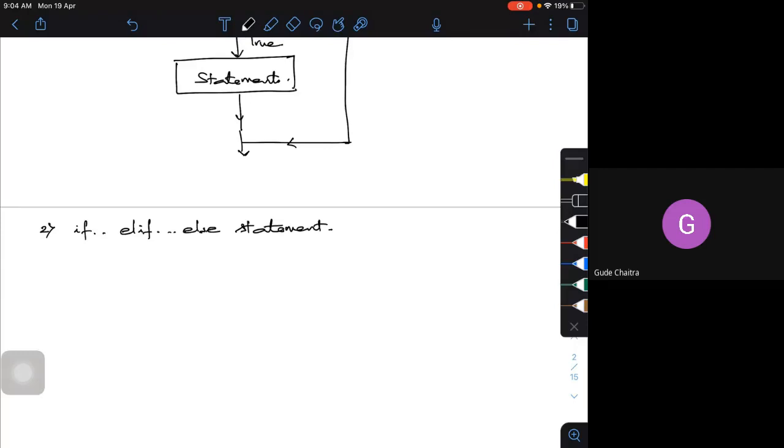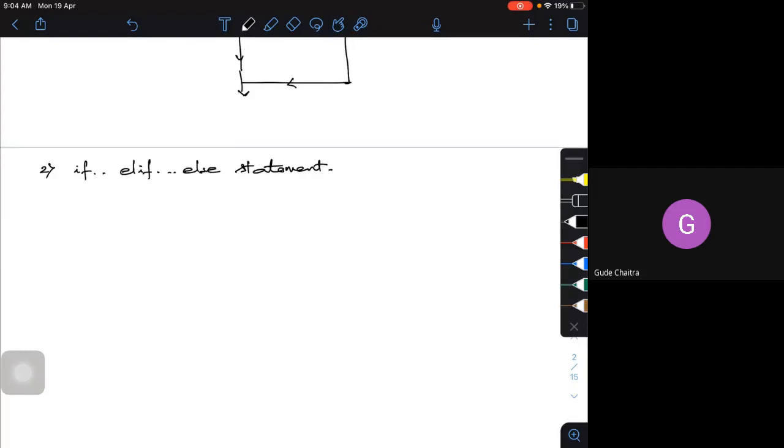This is also a form of if-else statement. If-else is a single condition. If, elif, else means I have multiple conditions under the same if. Now let us look into some examples.